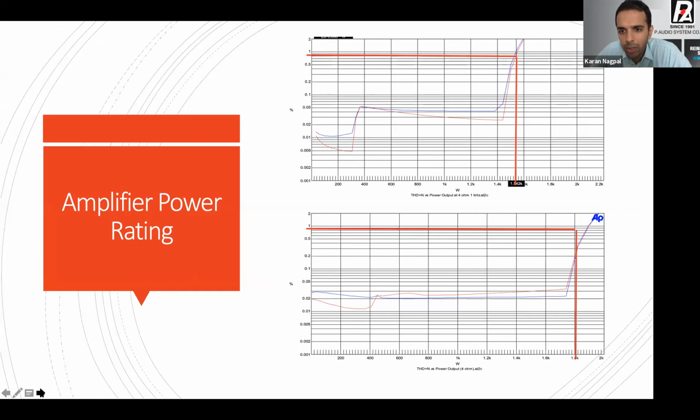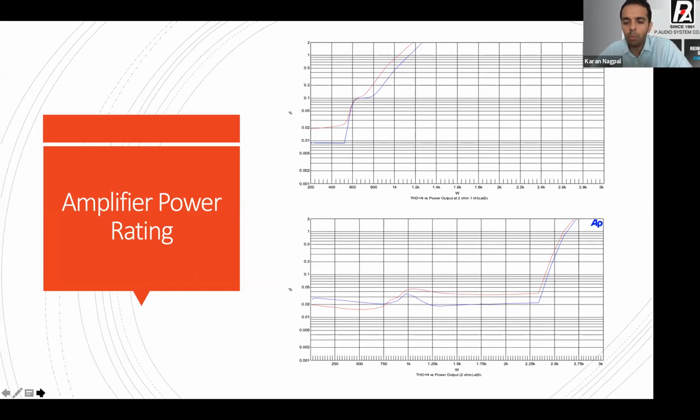Moving forward, again you can see the same thing, I'll just remove these drawings, but it's at 4 ohm. And then an interesting thing is that at 2 ohm, you can see the amplifier's rating just races into harmonic distortion. Maybe it generates 2000 watts, but it means maybe 10% harmonic distortion, which is not tolerable.